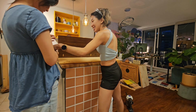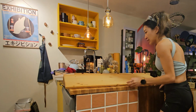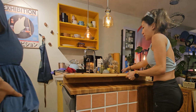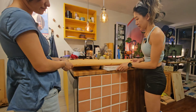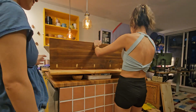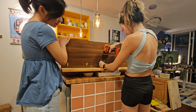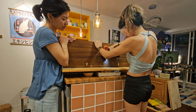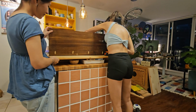Okay, I'll take these from you, and I'm just going to need you to help me hold it vertically. If I support this platform, then we won't be on a diagonal. This first one's going to be in the middle so that we can pivot to make sure things are level later. This might not be the sexiest bar table, but